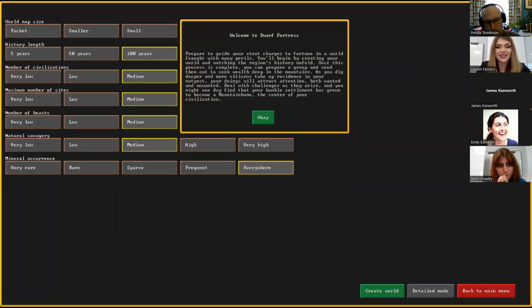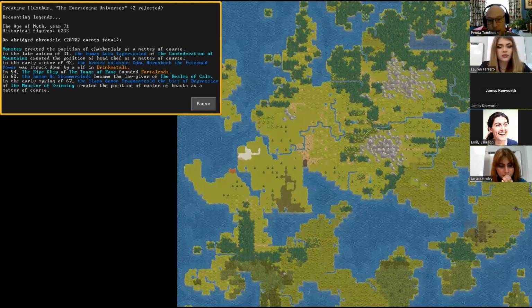So Dwarf Fortress starts off, and you create a world and you get a whole bunch of settings, and the game will generate a sort of back history of the world. And in that back history, it creates the map. It creates a bunch of civilizations: humans, dwarves, elves, goblins. There's a couple of others. I think I encountered some deer men recently, and weirdly they came to my Dwarf Fortress to listen to some poetry in the tavern. So yeah, I don't know, our famous poets have gone very far. Anyway,